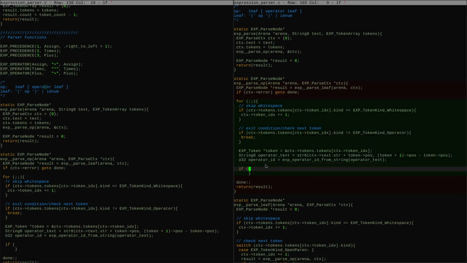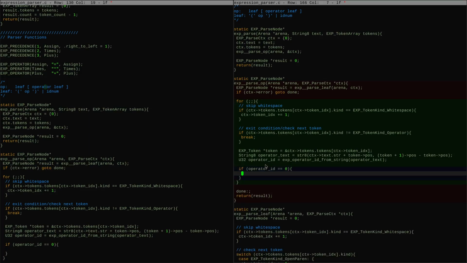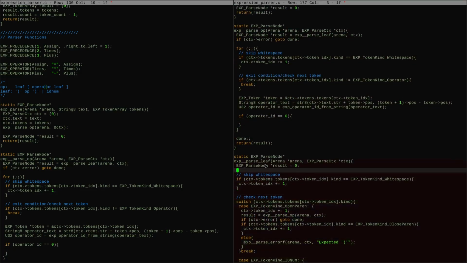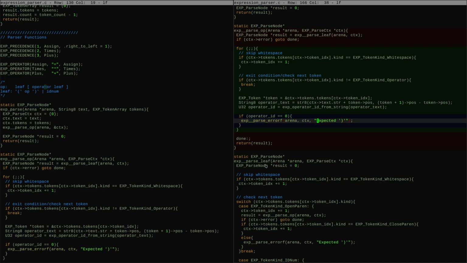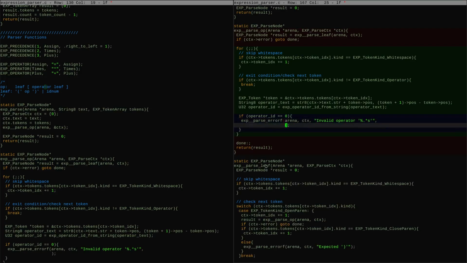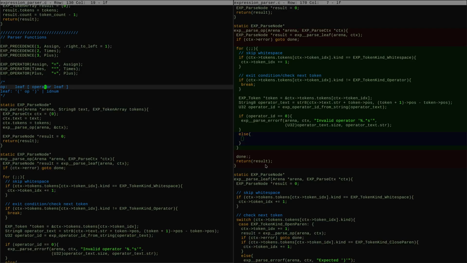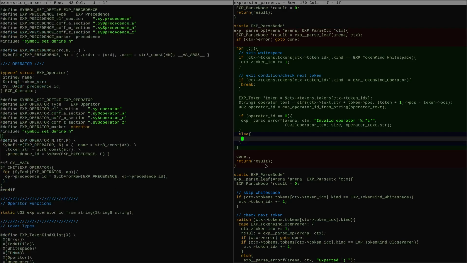If the operator ID is 0, then we have an error. Otherwise, we can fill in